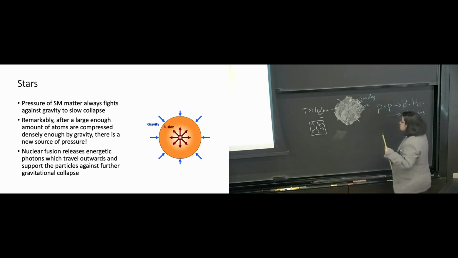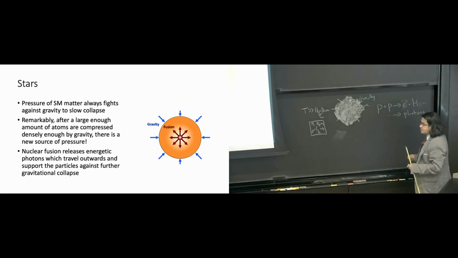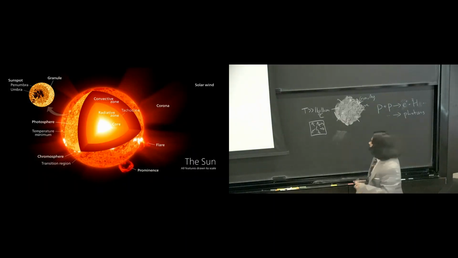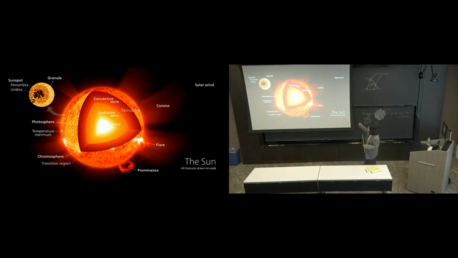A star like the sun is not collapsing, even though it has enormous gravity, because in the center of a star like the sun, there are nuclear reactions going on, turning hydrogen nuclei, protons, into helium, which produce tons of photons, which travel outwards and result in additional pressure that stops the process of gravitational collapse. Okay? This is a really remarkable phenomenon, again coming from the structure of nuclear physics.